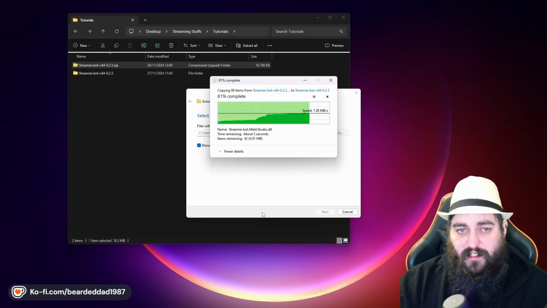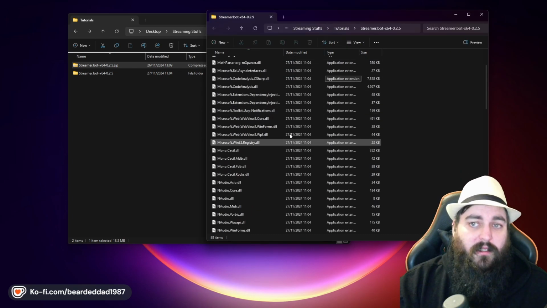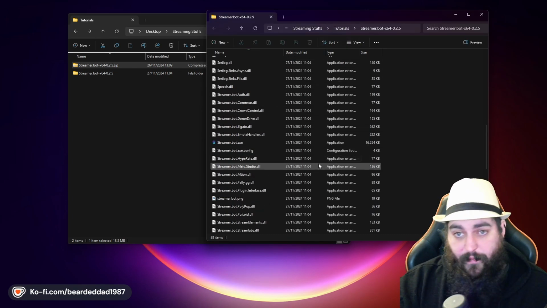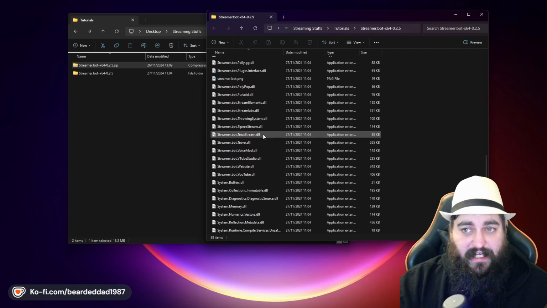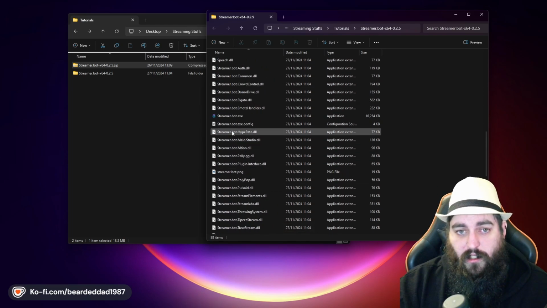It'll take a few seconds because there's a lot of files inside it. And then it'll open up. So all these files, do not worry about it. It can look intimidating seeing all these different files, but you don't need to worry about them. You just want to look for the